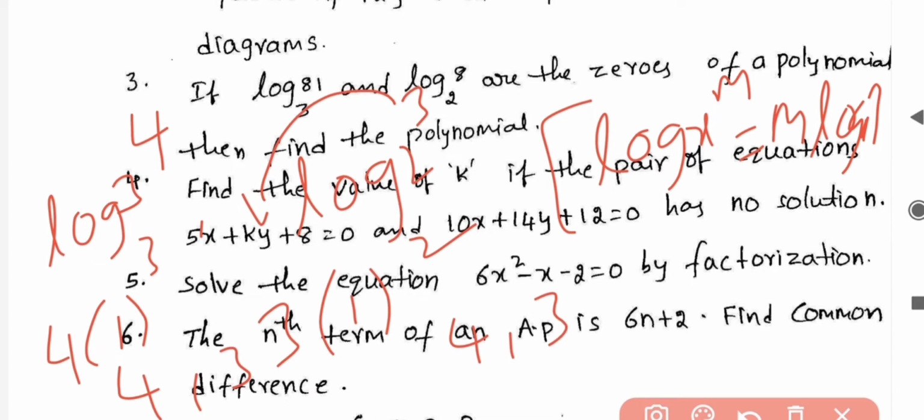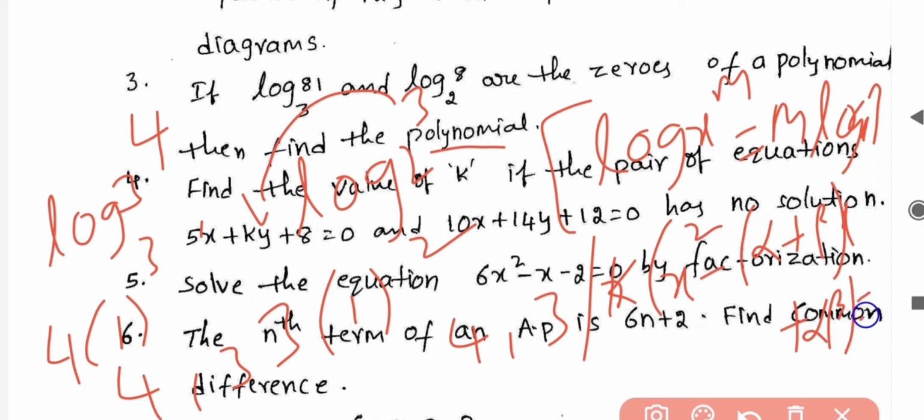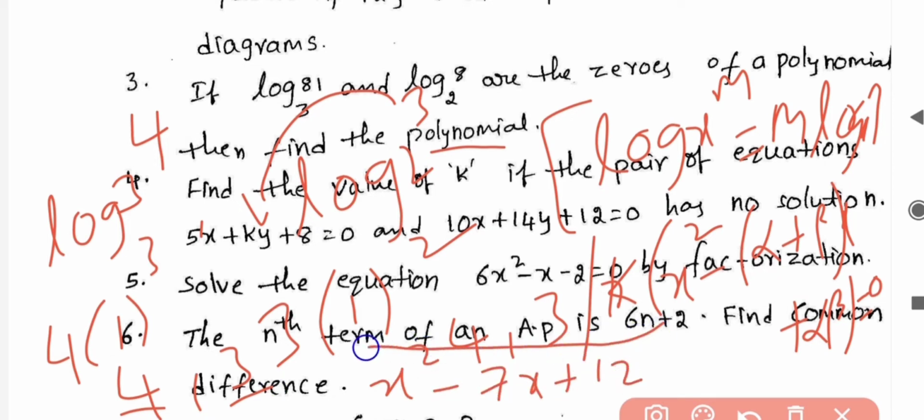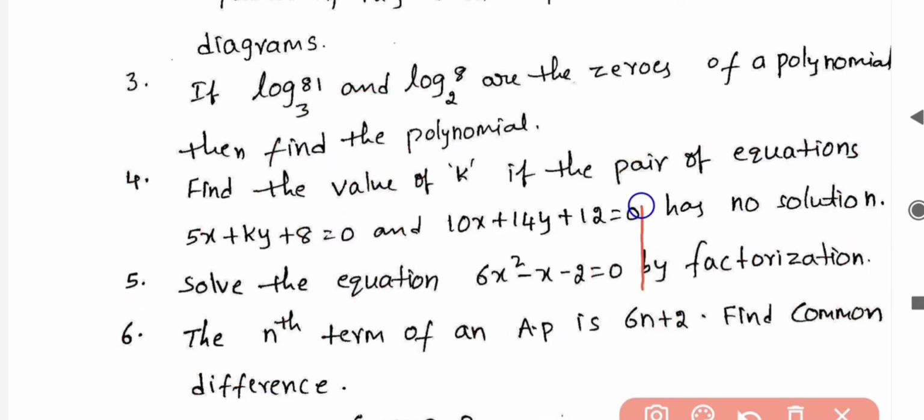What are you asking? Find the quadratic polynomial. So quadratic polynomial, k into x square minus (alpha plus beta) into x plus alpha beta equals 0. Alpha value here 4, beta value 3. So 4 plus 3 is 7. So x square minus 7x, 4 3s are 12. So plus 12. This is your answer. x square minus 7x plus 12. Next,